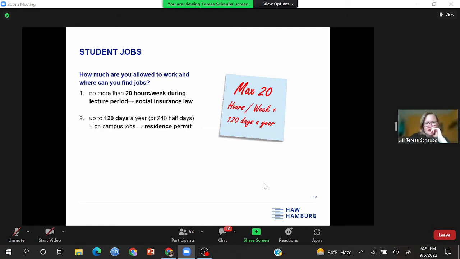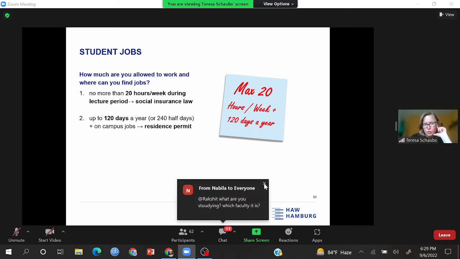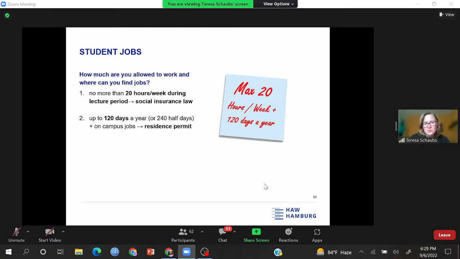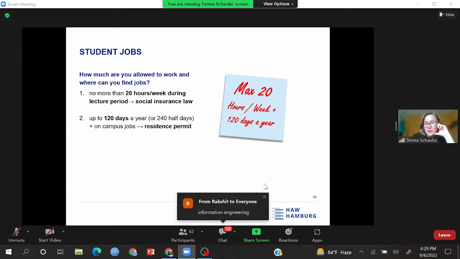Okay. And secondly, by an immigration office regulation, you can work up to 120 days per year, meaning full days, which is starting from 5 hours and ending at whatever is a full day in the company you work with. It might be 10 hours. So from 5 to 10 hours, it's a full day. If you work 4 hours, for example, it's a half day. So if you only work 4 hours a day, you can count it as a half day, and then you have 240 half days.